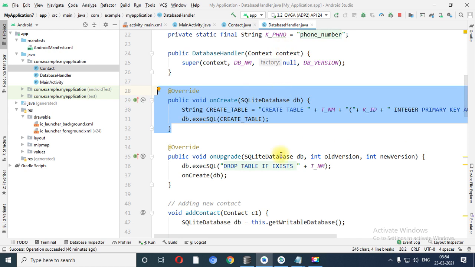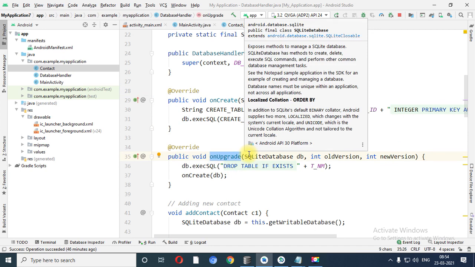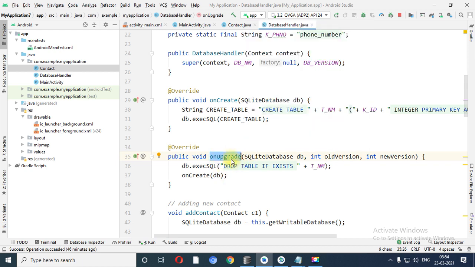And when this particular code is destroyed, at that time the on upgrade event is there. On upgrade means what? When you upgrade, as I have told you, in future if you want to switch from the old version to the new version, at that time on upgrade is there. So in on upgrade, what I have written is that if there is any upgradation, at that time you need to execute the following statement.